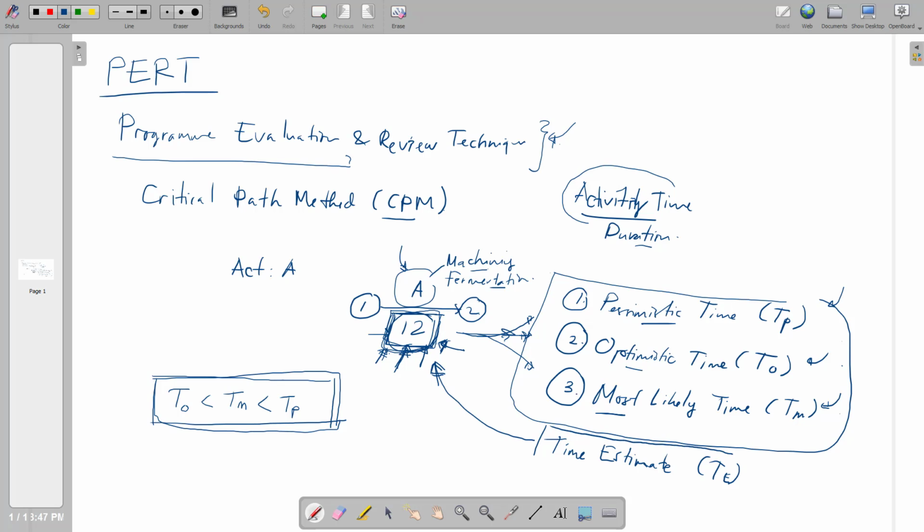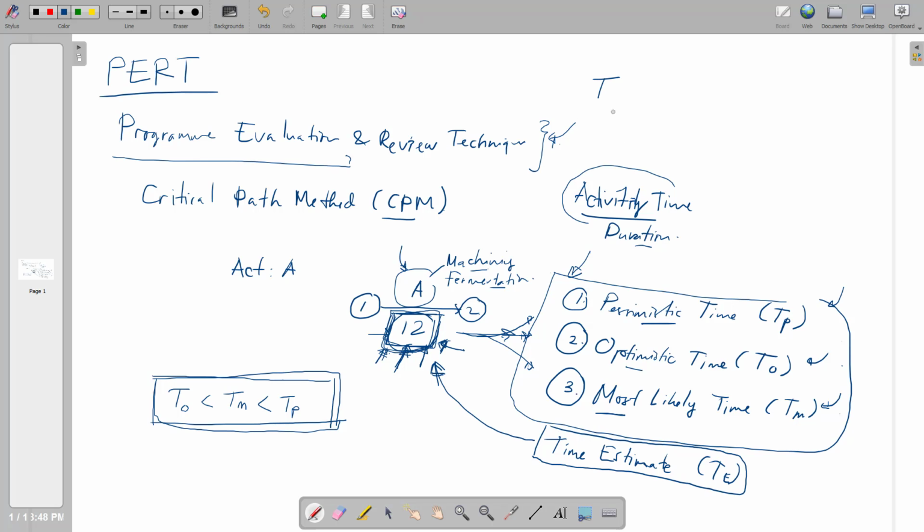You are not using the pessimistic time, you are not using the optimistic time, and you are not using the most likely time, but instead you are using the time estimate, the calculation of these three, the pessimistic, optimistic, and most likely, and then put it into the network diagram to calculate the early start, early finish, slack, and so on. So what kind of formula? Like I said before,